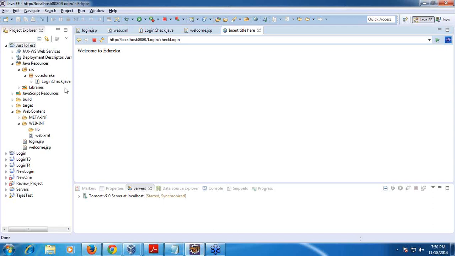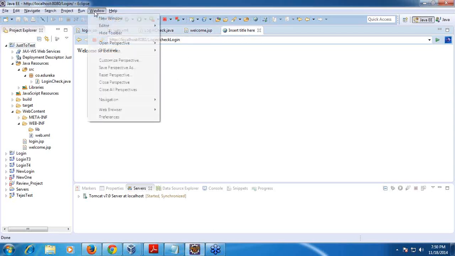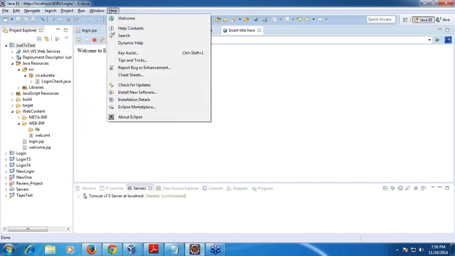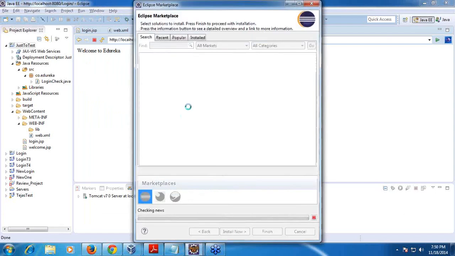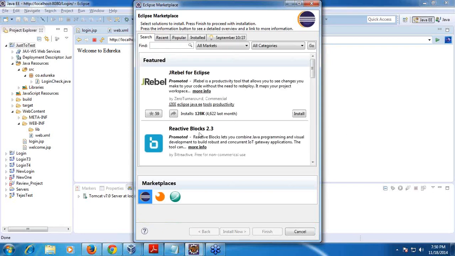In your Eclipse, you need to go to the Eclipse Marketplace, and then add Spring features here. Just search for Spring IDE. Your system should be connected to the internet, so it will add all your Spring modules here.